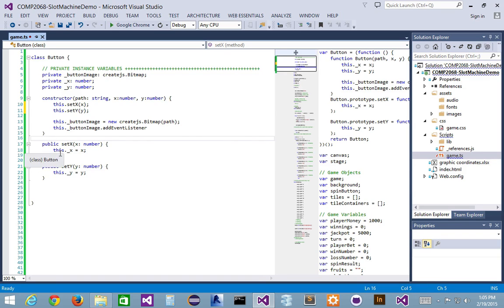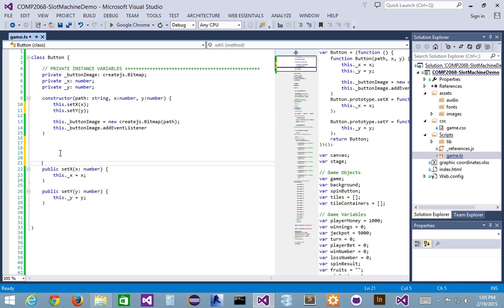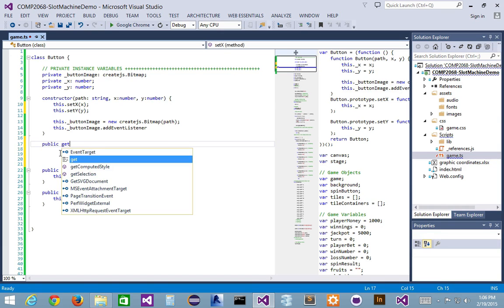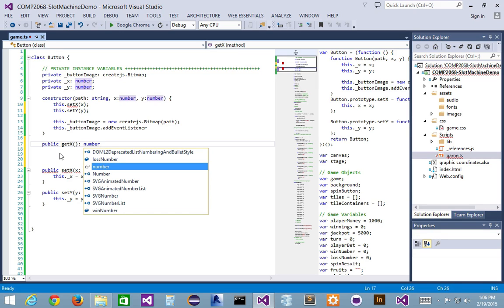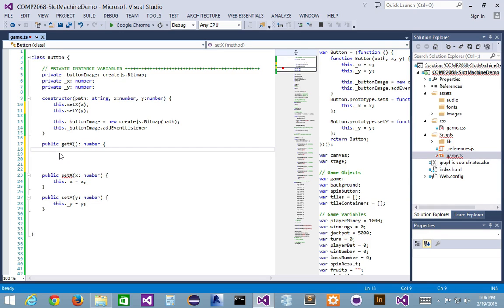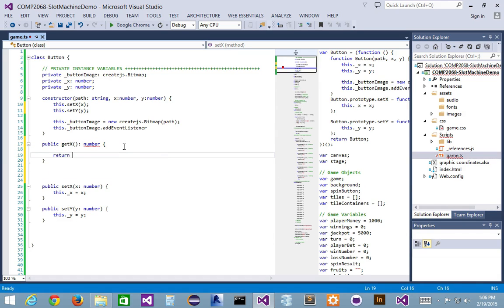Let's create my getters now. Of course, they'd be before my setters. This is the way I would normally do it. And these are public as well. Public get x, right? Get x, where x is the value. This one would have a return of type number. This is how you do a return type in TypeScript, right? The reason why it's giving me an underline is because I need a return statement, and I'm going to return this dot underscore x, right? So that's my getter,